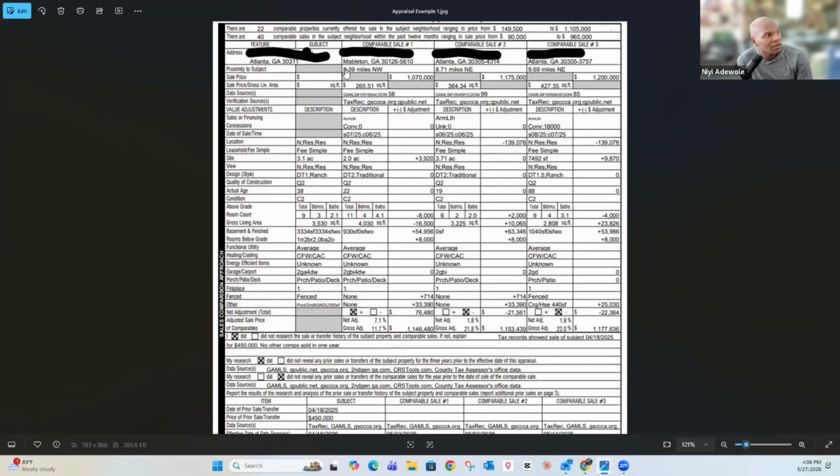First and foremost, you want to try to find properties that are close to you and like kind. For this one, because it sat on 3 acres and it was just a unique property, it had over 6,000 square feet if you count the upstairs and the downstairs, they had to go way further out to find comps. And appraisers are more open to going further out when you're doing a refinance versus when you're purchasing a house. When you're doing a refinance, they know it's secured by this property, they can see it. When you're purchasing a house, they really want to see the comps be within 2 miles. But I wanted to show you one of the outliers here.